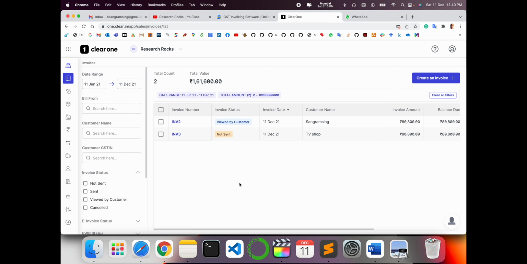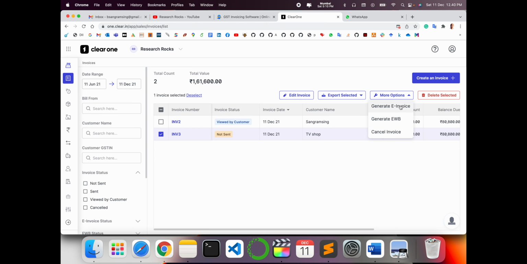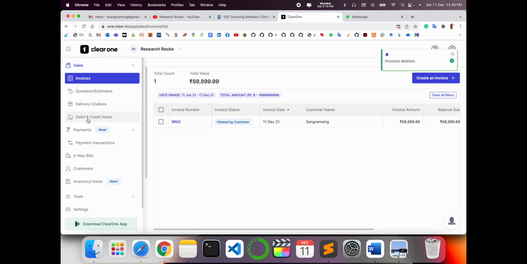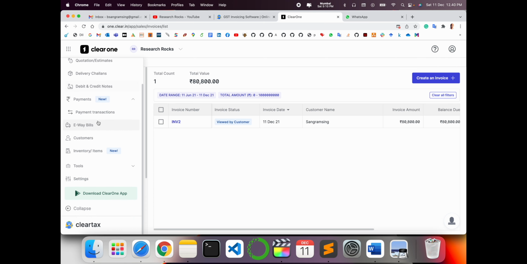Again I go back here, two invoices are related here, customers TV shop and Sangram Singh. I simply select edit invoice, export selected, more, generate e-invoice. It's very simple to generate an e-invoice, or you can delete a particular invoice here. If someone has not paid, you delete accordingly, and so many features are available here.